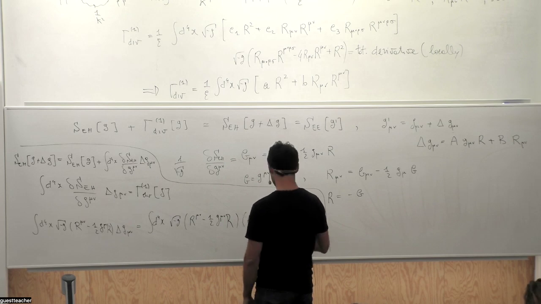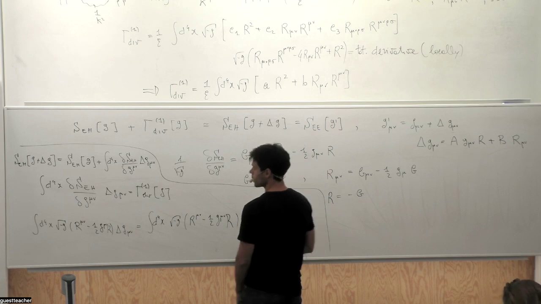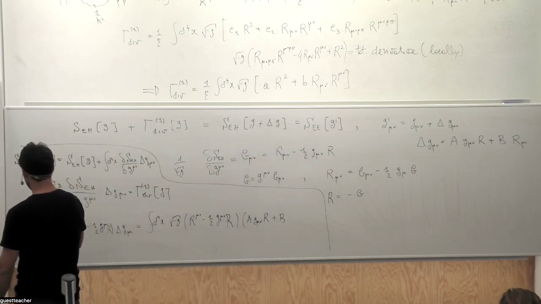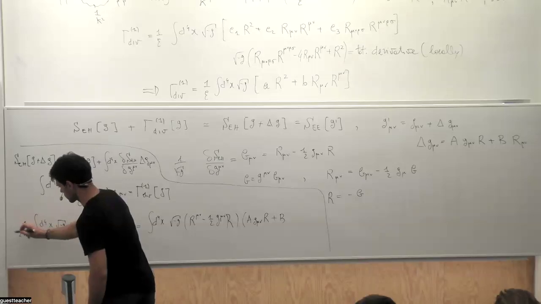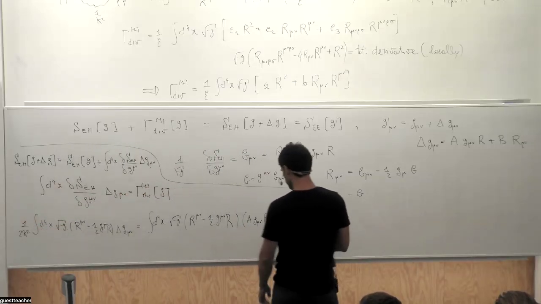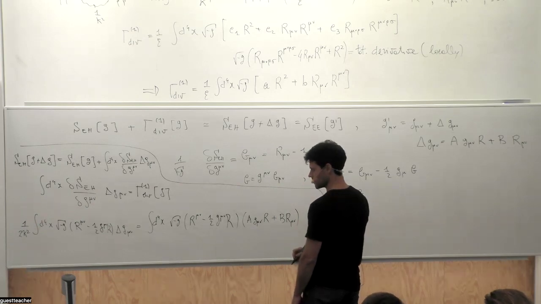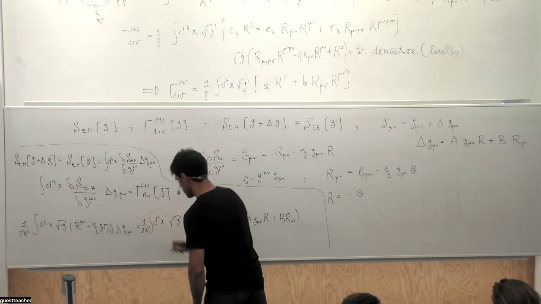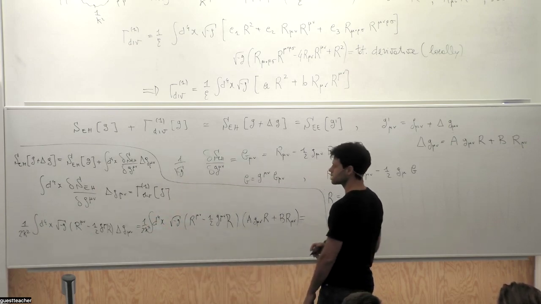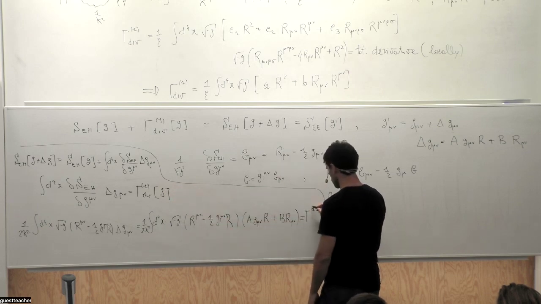G mu nu R plus B. Here there is also 1 over 2 kappa square, because in the action there is 1 over kappa square. Let's not forget. I have this one, 1 over 2 kappa square. I have to say this has to be equal to what? To the one loop divergent part. So